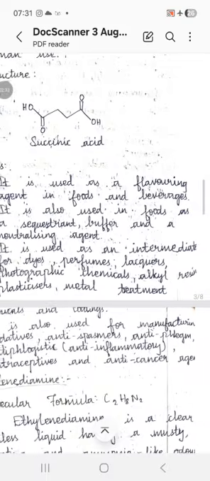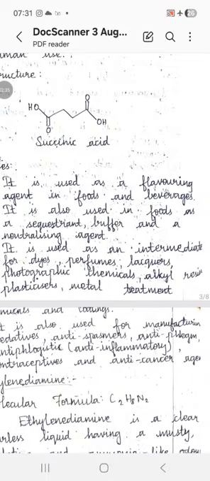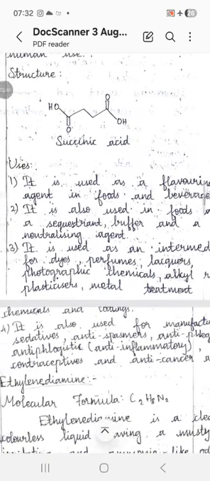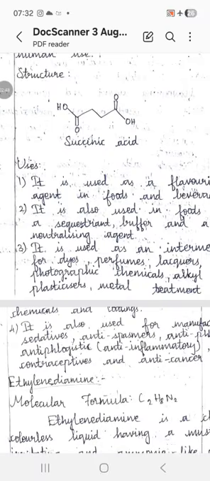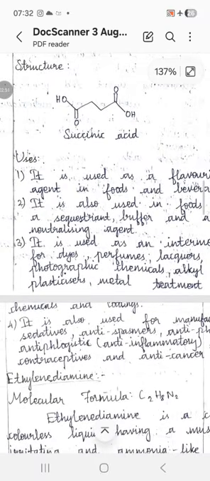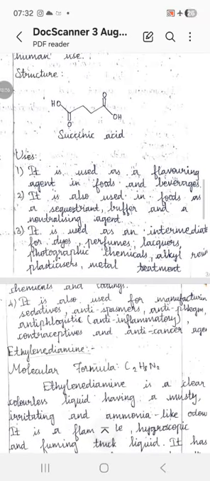Then it is used as an intermediate for dyes, perfumes, lacquers, photographic chemicals, alkyd resins, plasticizers, and metal treatment chemicals and coatings. It is also used for manufacturing sedatives,